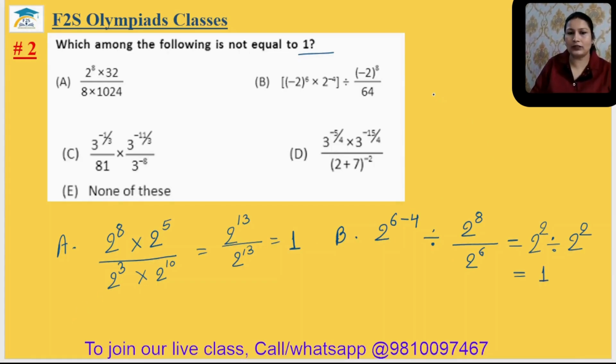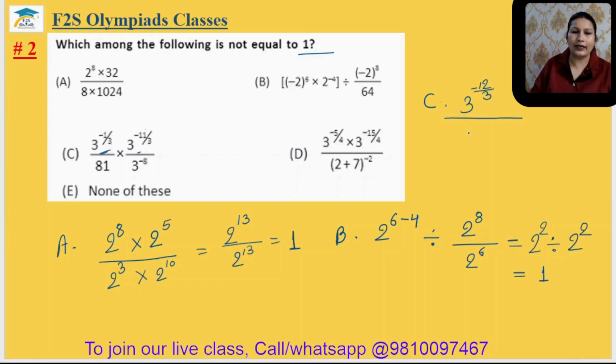Okay. Come to the option number C. 3 to the power 1 by 3 and 3 to the power minus 11 by 3. Since we can see here bases are same, so powers will be added. Minus 1 by 3 plus minus 11 by 3. That is your minus 12 by 3. So I can write here 3 to the power minus 12 by 3